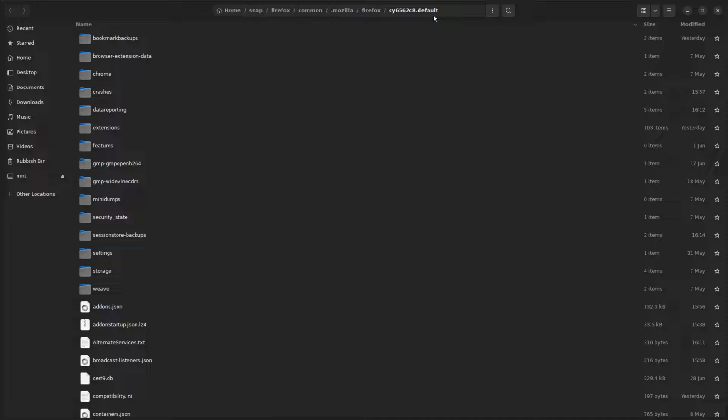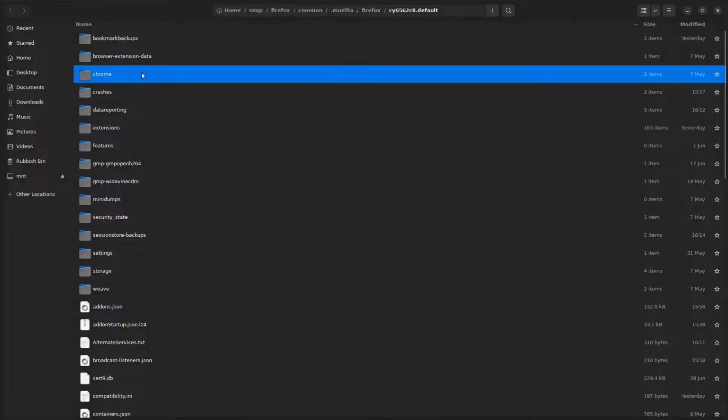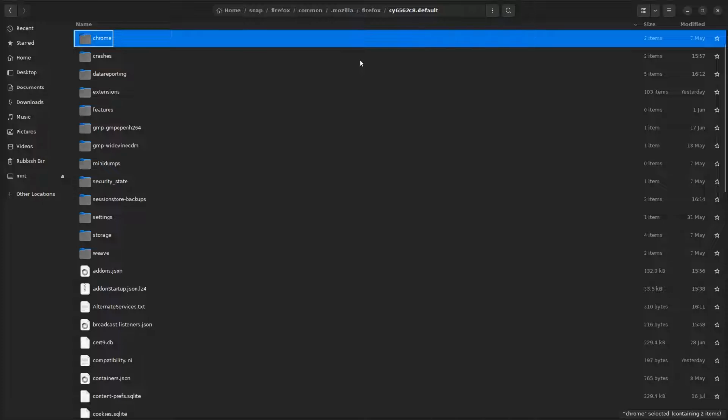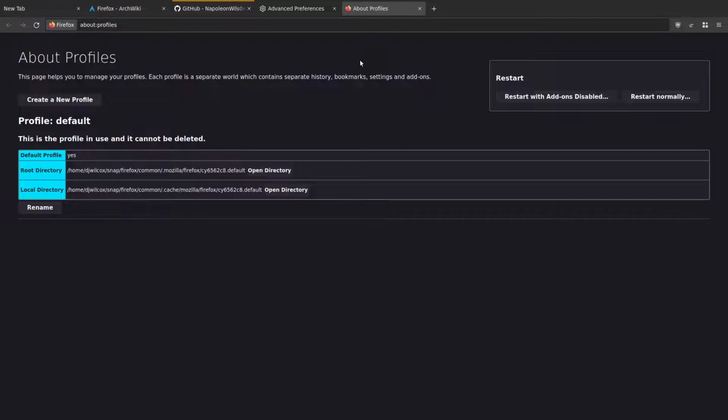So what we need to do is we've got this profile directory open here. By default, it doesn't have this chrome folder here. So what we're going to do is, as you can see here, this has got the userChrome.css and userContent.css. So basically all you need to do is copy them. If I switch back here,